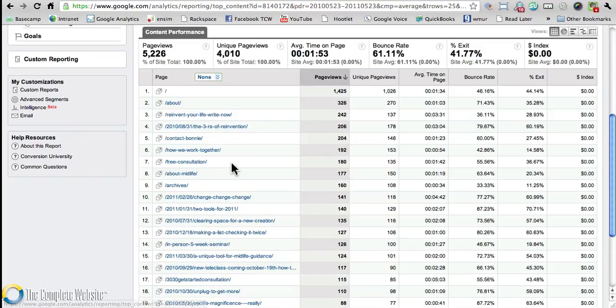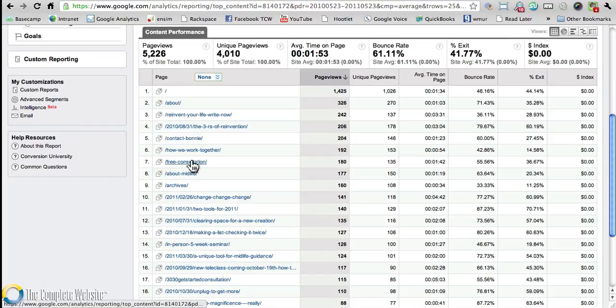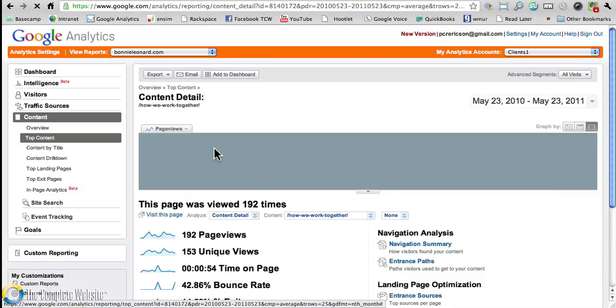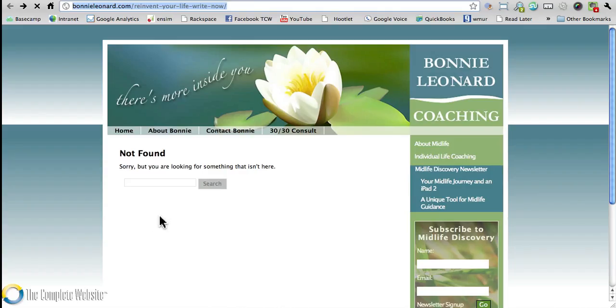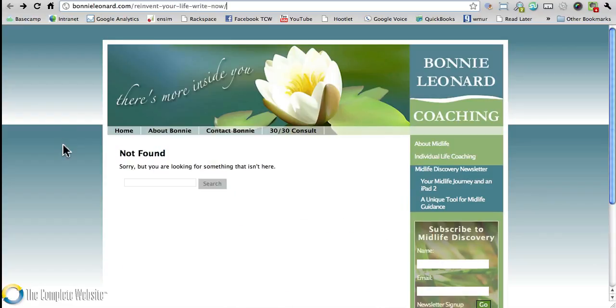Okay. Next page. After Contact, Bonnie, we have How We Work Together. Let's go and find that page. Let me just go in real quick here. There's one page in here as well that has a little bit of an issue, and I don't know if this is it. Ah, this is it. Okay. Hang on a second. Maybe this is... Yeah. What's going on here is...